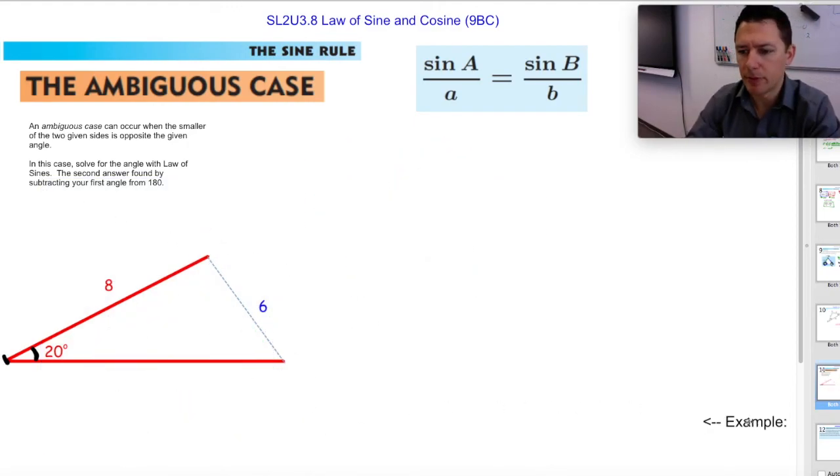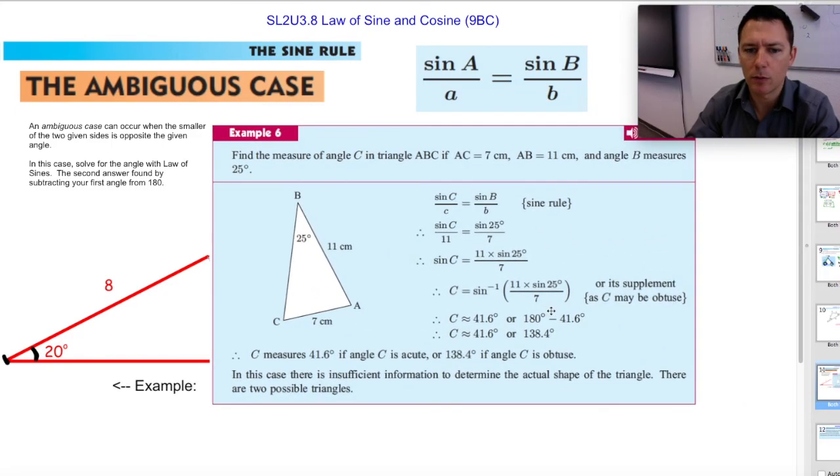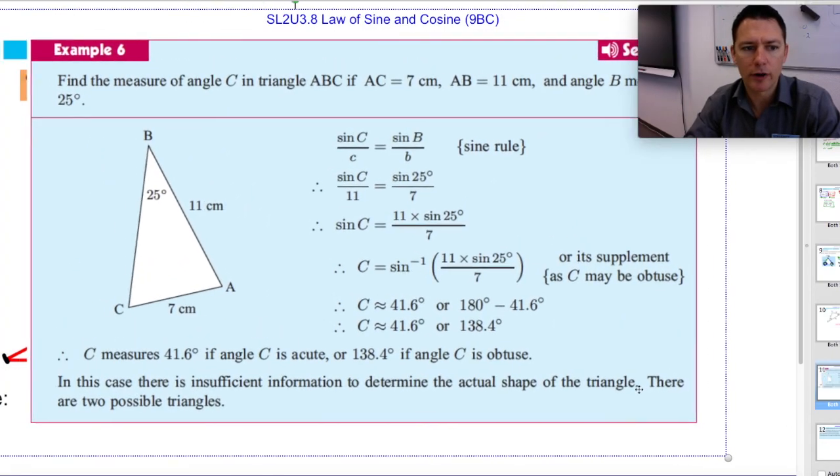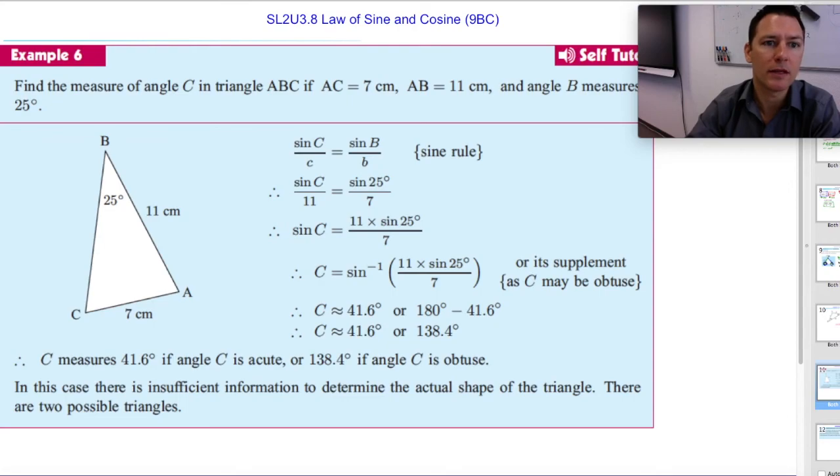Let's look at another piece. So here's another example of the ambiguous case, where you get a triangle, and the angle that's required is opposite the smaller of the two sides. That tells us that we're going to have an ambiguous case triangle. We can find C using the law of sines. You say sine of this over this equals, what are we trying to find? We want to find the angle C, so we're trying to find this guy. So equals sine angle C,